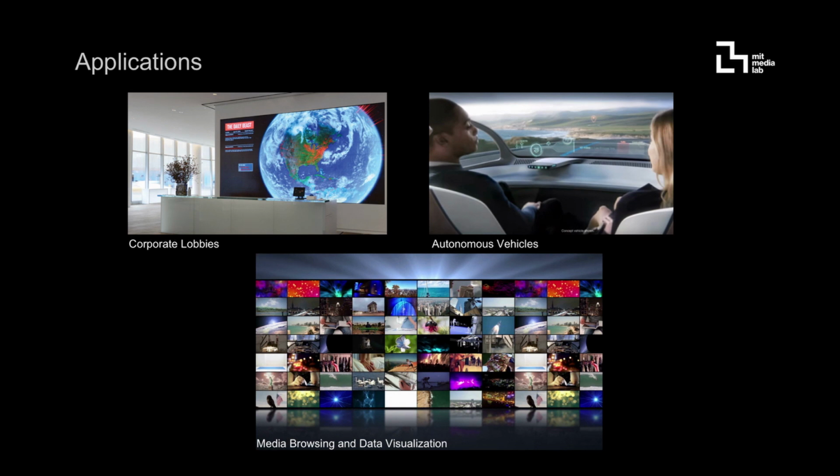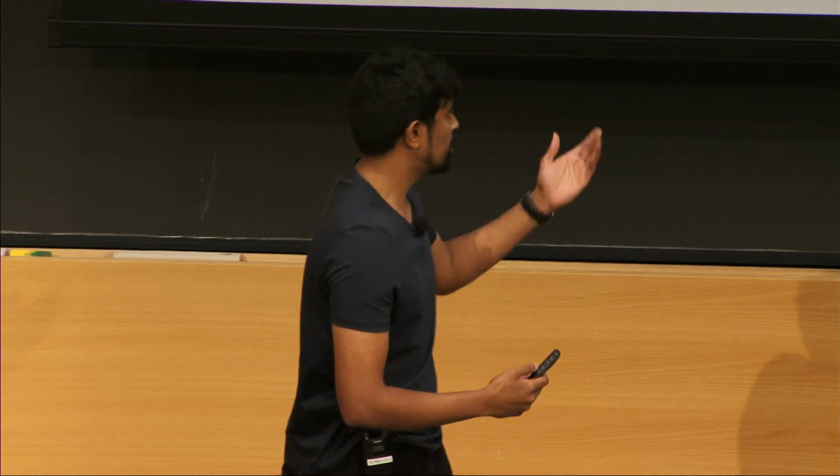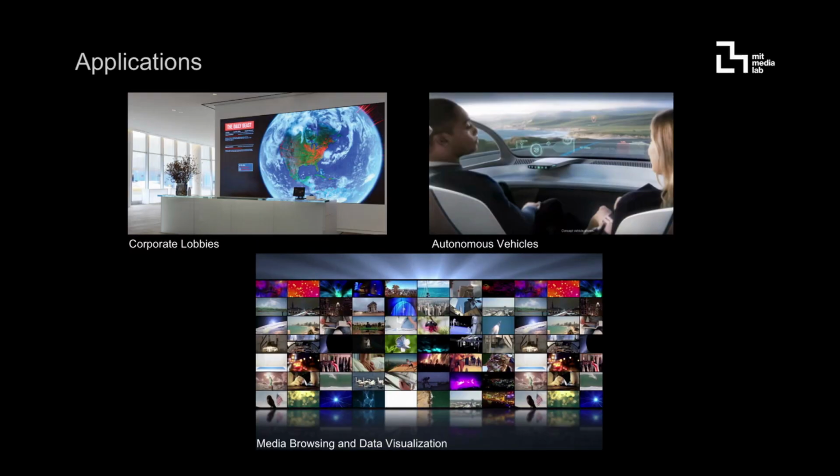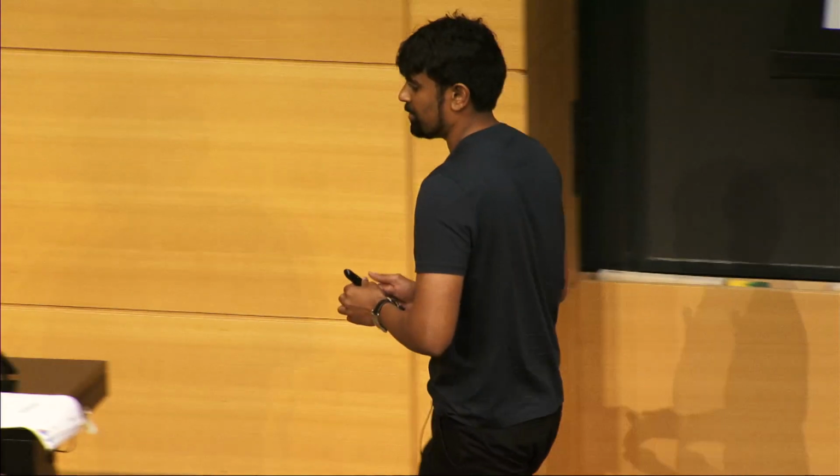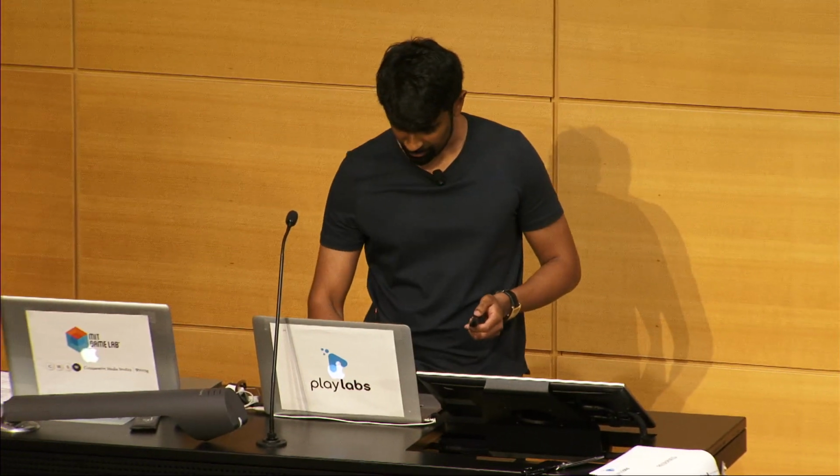And so what we see this going toward is huge office spaces where you can visualize the content and manipulate what you see in front of you, as well as autonomous vehicles where the entire windshield becomes a display for you, and we see this interface being part of that display. And lastly, for media browsing, if you want to share content via photos, apps, videos, and YouTube, you can show your friends on a large screen display, moving your hands around. And so let's see if I can get something to work while we're here.